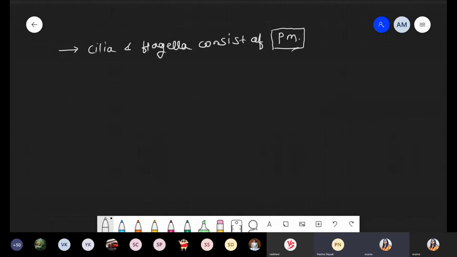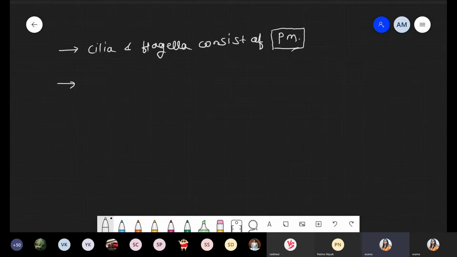So one question, one difference. Centrioles lack the plasma membrane, because the entire body of the centriole is made up of protein. Plasma membrane is totally absent. That's why we mentioned there that these are non-membrane organelles. But cilia and flagella, more specifically eukaryotic cilia and eukaryotic flagella, have the plasma membrane. The outer membrane is present.